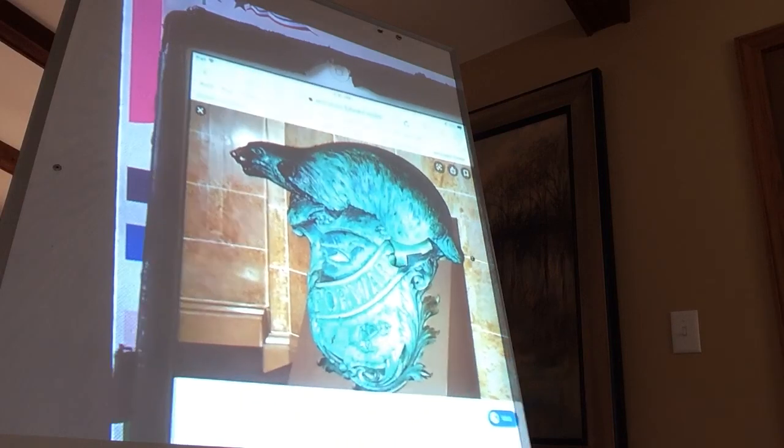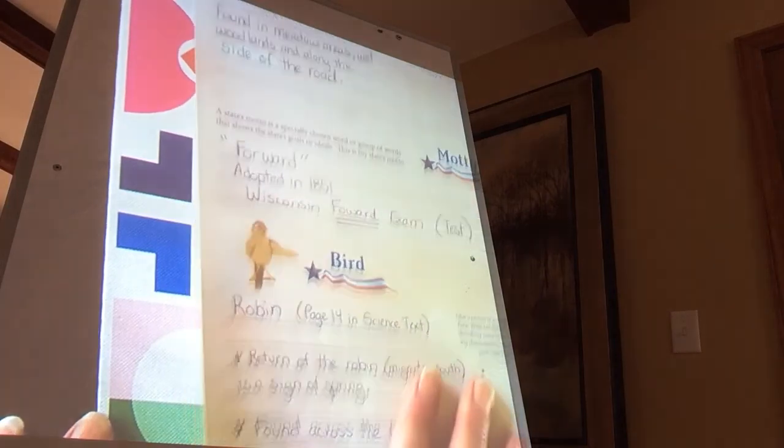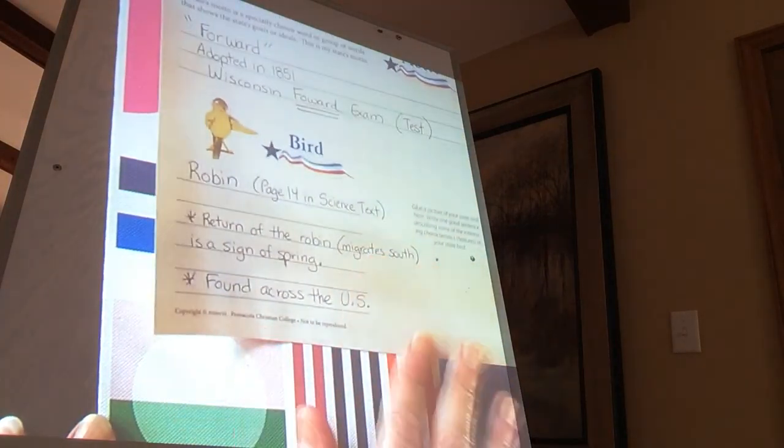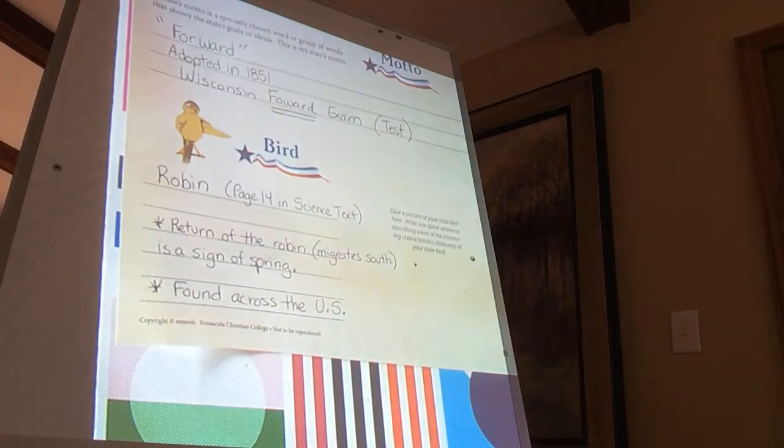And then the last thing you need to fill out on your paper would be about the state bird. Okay, and the state bird is the robin. And if you need more information on the robin, you can go to page 14 in our science book because it talks all about the robin. But that's only if you would like to look it up. You don't have to do that, okay? But if you'd like to read a little bit more about the robin, that's on page 14 in our science